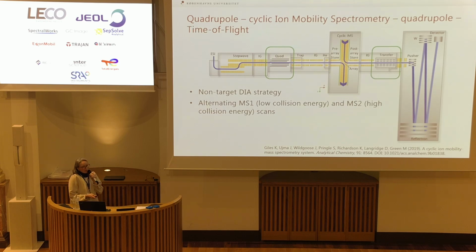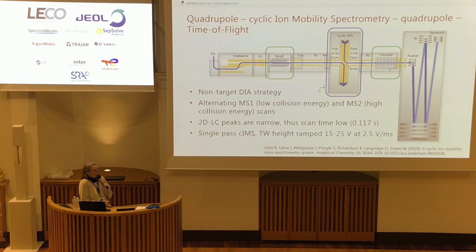But also another challenge is that when we do this 2D separation, we really have to do a fast data pickup. So you can use maybe scan times of 0.1 second for the mass spec. And that also means that we don't have a lot of time for doing this cyclic ion mobility separation. So we had to do with just a single pass. It's like a cyclic racetrack where you can choose to do one or several passes, and in this case, we just did a single one.